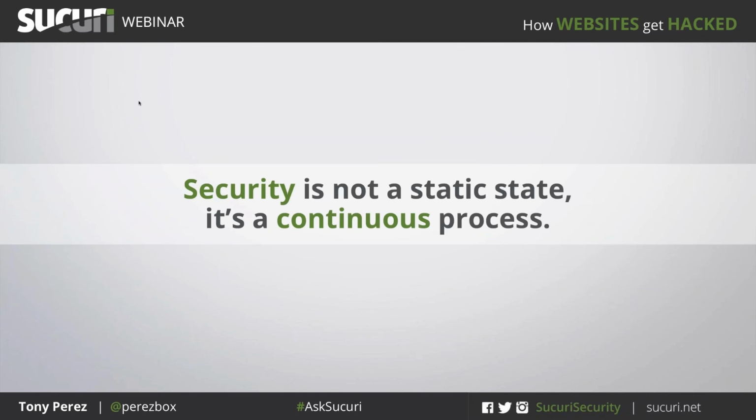It's not a static state, right? We're always looking for the easy button. It's like, hey, just tell me what I have to do. Tell me the top 10 things I need to do. The problem is that it doesn't exist in security, right? It's a continuous process. It's an evolution, right? The landscape continues to evolve, and we have to stay ahead of that. And if you're not willing to do that, then you need to leverage something that will do that for you if you depend on your website for anything.